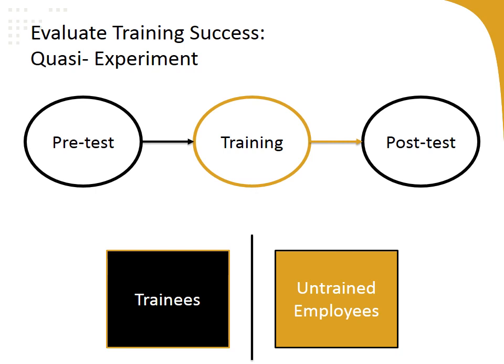Although the pre-test post-test method is fairly simple, the findings are difficult to interpret because there's no control group to compare results to. So suppose there's no significant increase in performance that's observed between pre-test and post-test. The natural conclusion might be that the training program did not work. But without a control group, this may not be the case. Perhaps other factors that were not accounted for diminish the impact of training.